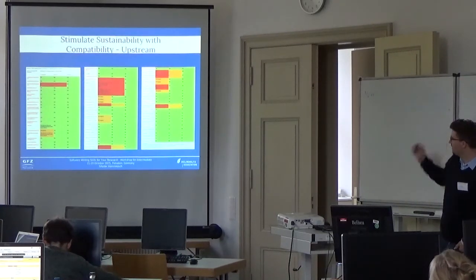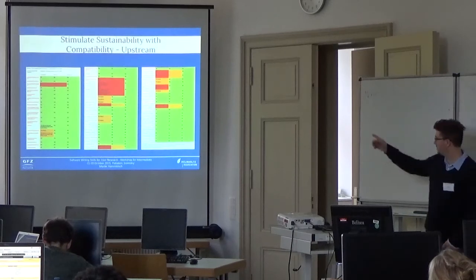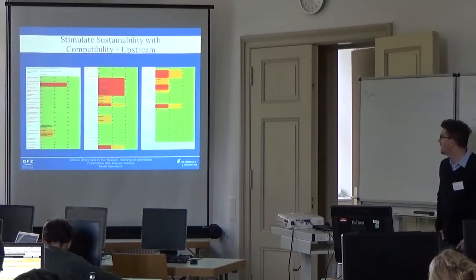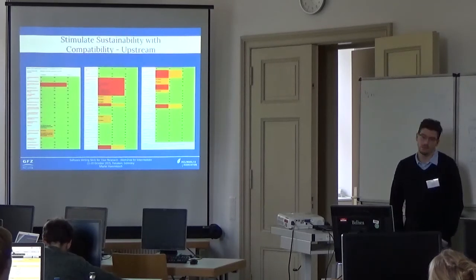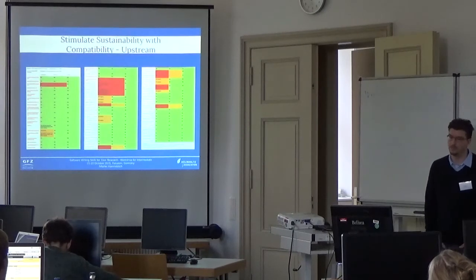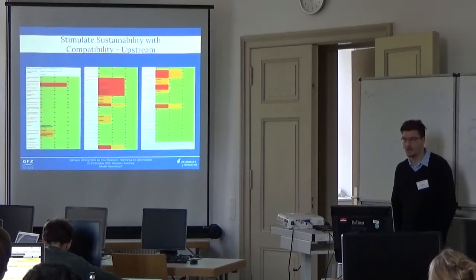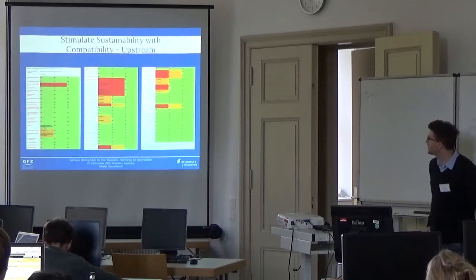And many of them, or major parts of them, are in green, so there are no problems, but some of them, like GPL for example, which is the big red block in the middle, most likely when I want to use a European Union public license, then I'm in problems when I start using libraries which are GPL licensed. And then there are also different, and perhaps even more complicated,